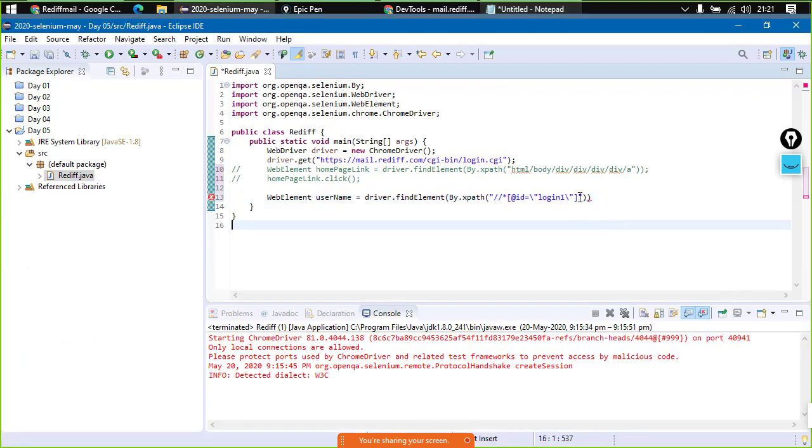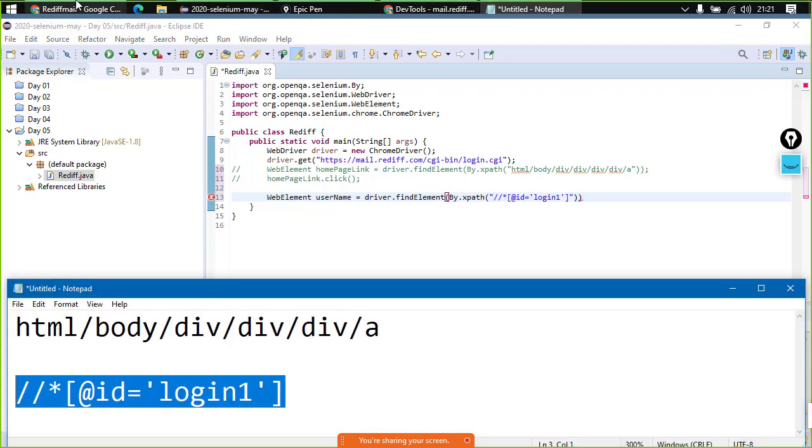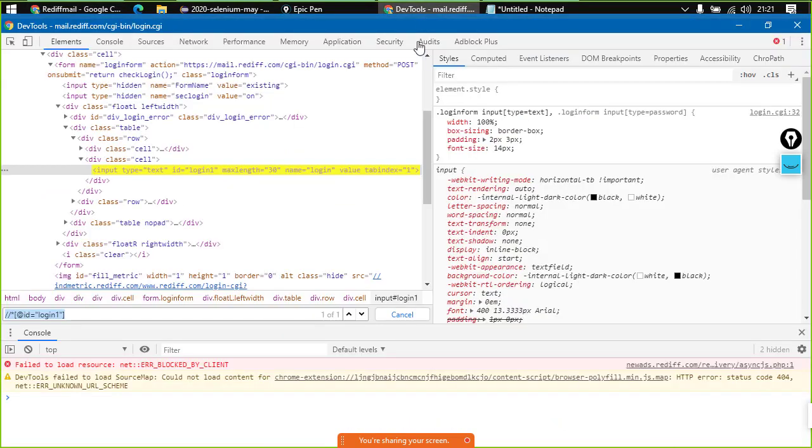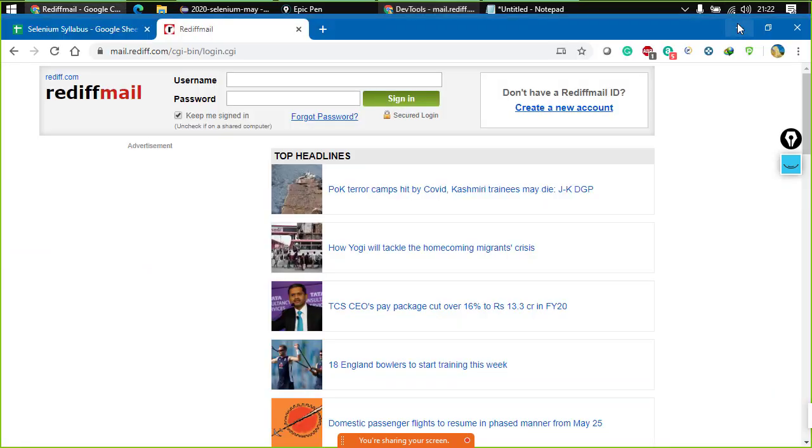I'll just replace the XPath that we have, right? And this is the same XPath. In case you are worried that this XPath won't work, simply go back to the page in the developer tools and paste that XPath and check whether the element is getting retrieved or not, right? As you guys can see that the element is in yellow and there is only one element. This means that the XPath is working absolutely fine for us.